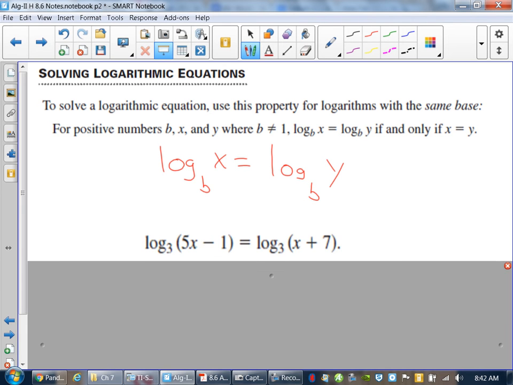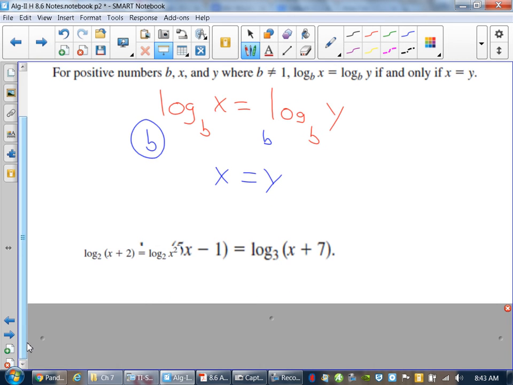The reason that I can do that is this. Remember the log property. If I do b to the log base b of x, what does that equal? That equals x. So if I do this to one side, if I put it over here, what do I get? y. So a lot of times we use this thing called exponentiating without showing it. So if you get the same log bases on both sides of an equation, just solve for what's in the parentheses. You set them equal to each other. For example,